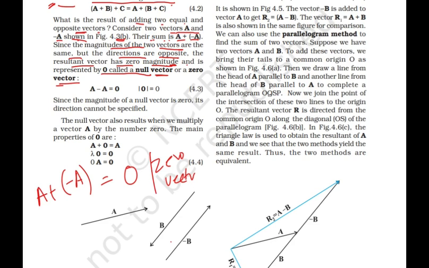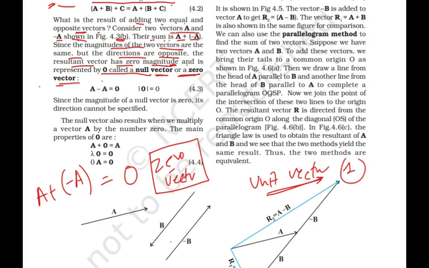See, this is another type of vector. Okay, zero vector. What we have seen in our previous paragraph, equal vector, unequal vector, this is also a type: zero vector. When the magnitude of a vector is 0, there is no magnitude as well as no direction. If there is some direction, that will be a unit vector. If a vector has magnitude 1 and has direction, then the vector will be a unit vector.